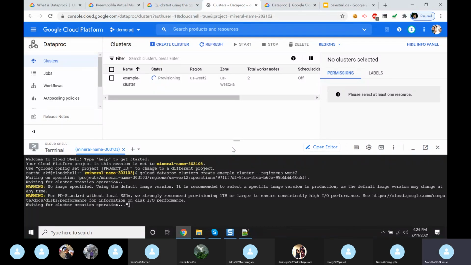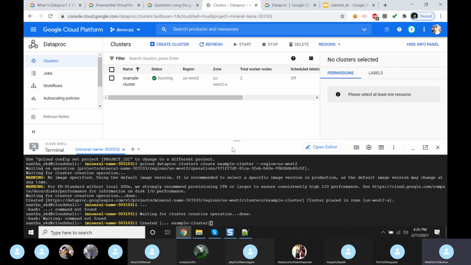It was very fast while I tried, but now it's taking time. In the documentation itself, they mentioned it takes 90 seconds, but yeah. Now the cluster is created. We can see the details of the cluster here.